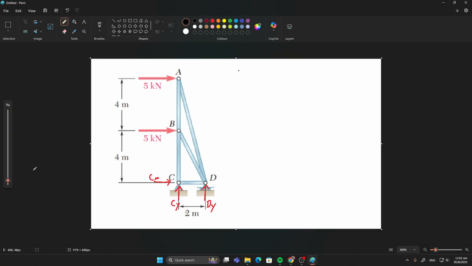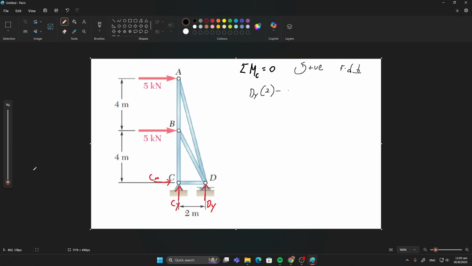So now let's try to help ourselves and see what we can find. I know that if I were to take moments about C equals 0, I know for a fact that I'm left with one unknown, which is my dy. So dy, if you were to take point C as a pivot, it will be anti-clockwise. So I'm just going to say anti-clockwise will be my positive. So dy times 2, because moment is force times perpendicular distance. So my dy times 2